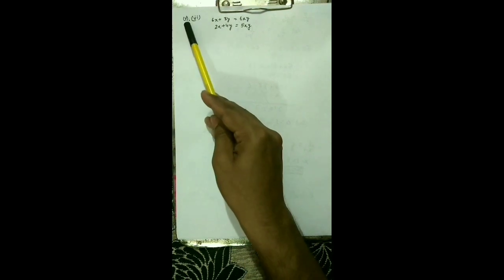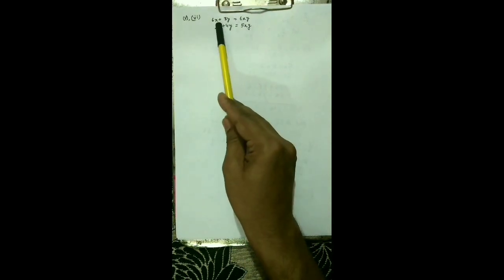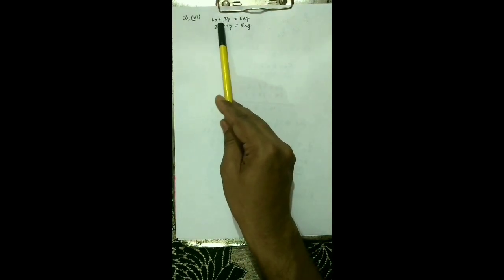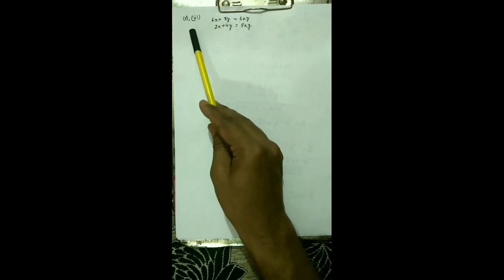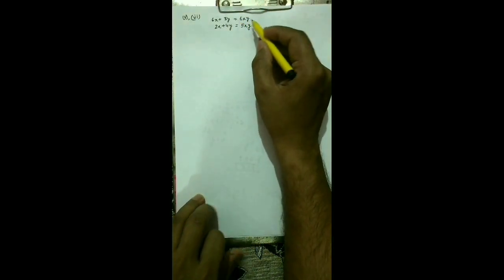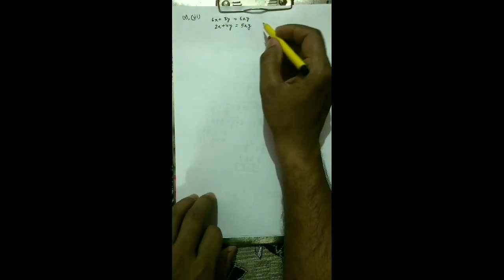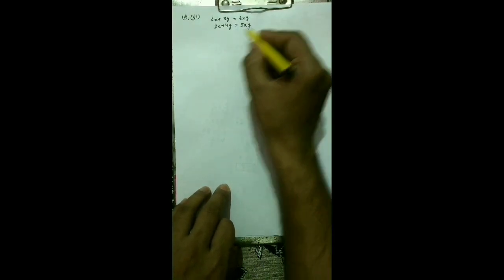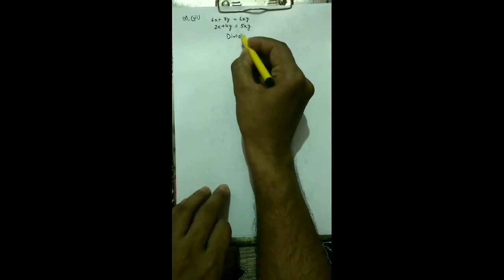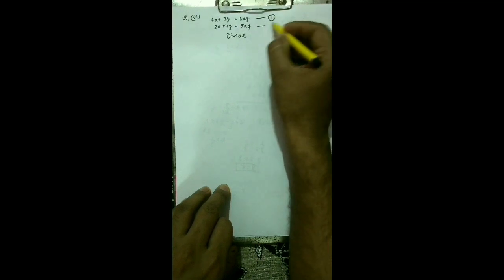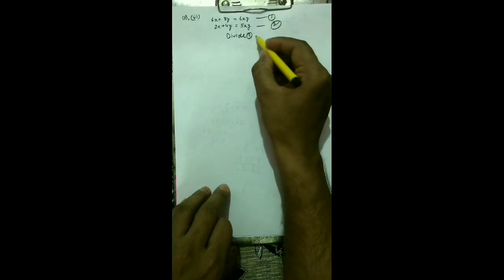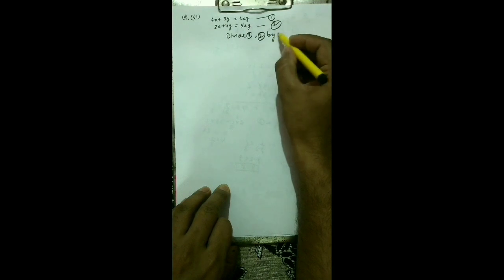In 5, xy was given in the denominator, 6x plus 3y upon xy. So if you do cross multiplication in 5, you will get this type of equation. So better I solve the sixth one, and you see how I'm going to solve it. I am going to divide both equations by xy. You see what comes. Mark this as 1, mark this as 2, divide 1 and 2 by xy.